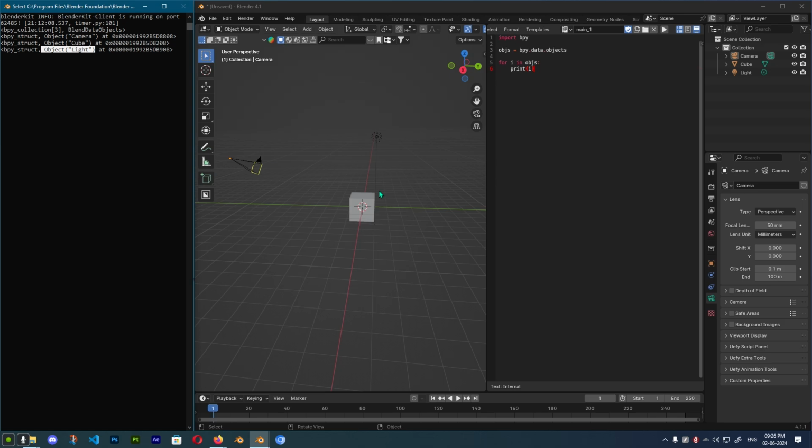All right, so this is in select mode, so I'll press enter. Now if we want to print names, we can directly print names like this, i.name. All right, so this is